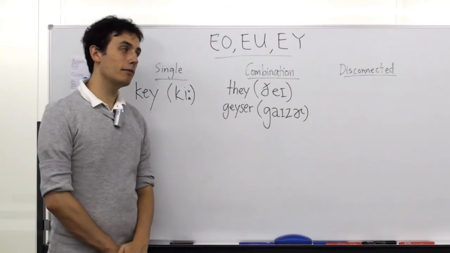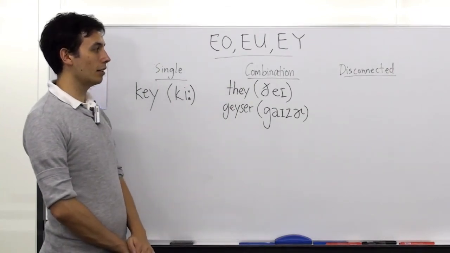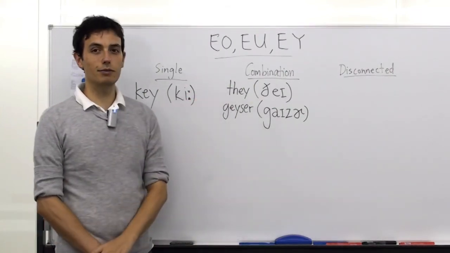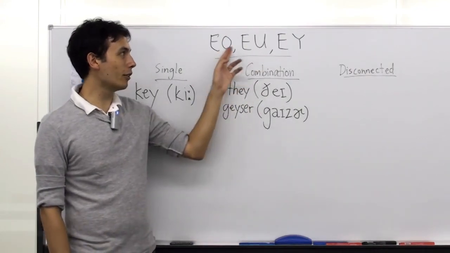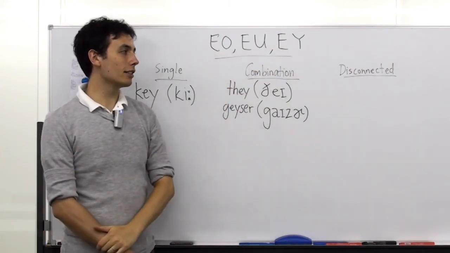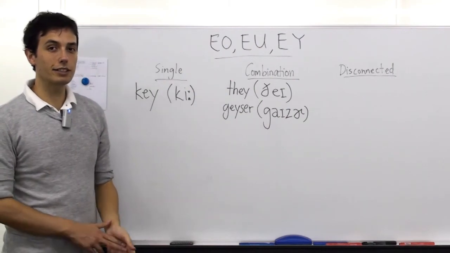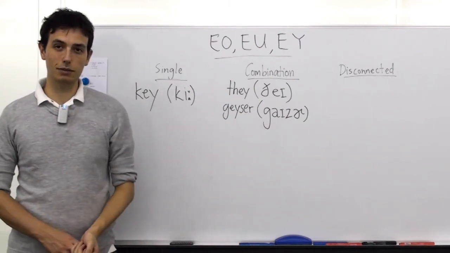Okay, that's all we have for today, so practice these, find some different words with EO, EU, EY. Next time we're going to move on to I combinations, and I'll have a couple of questions from the center